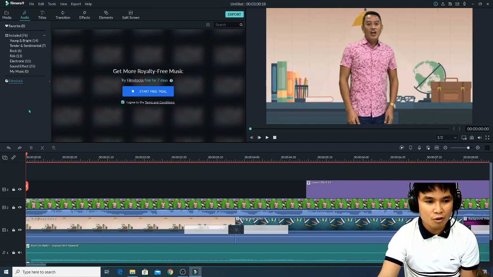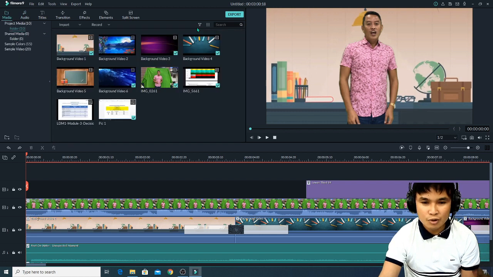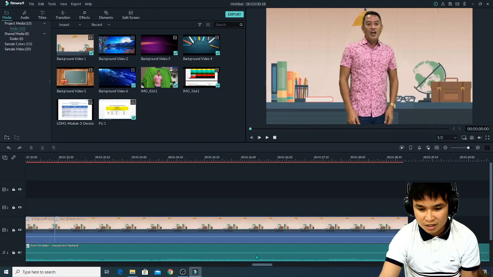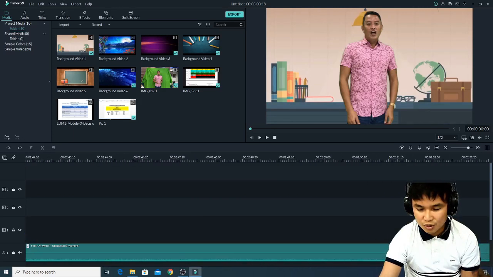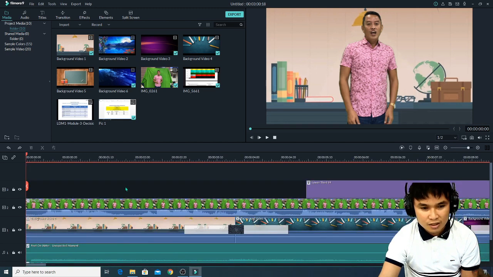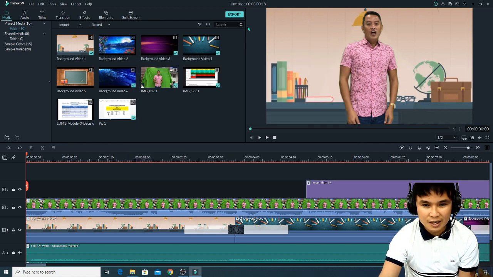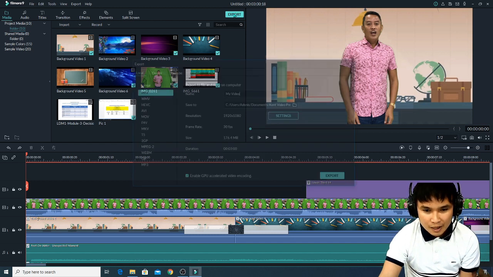And if you're done with your project, you need to export your project to whatever file format you want, so that you can have your finished output of your project. Okay, so how to export? So simply click export, and then